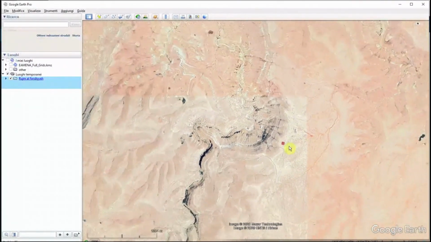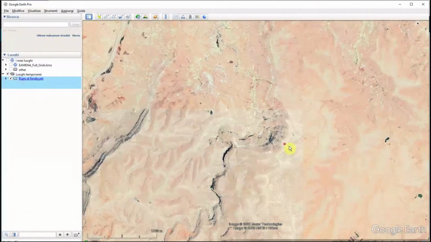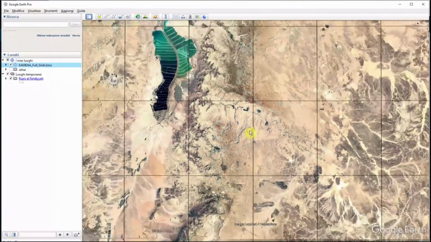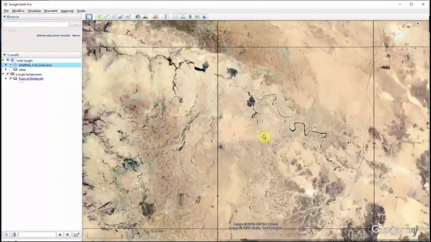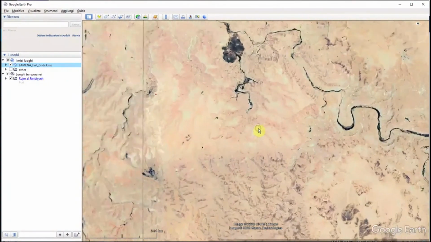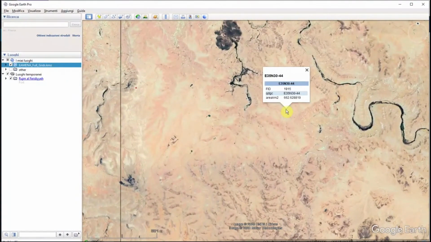At this point we have to make sure that the EAMENA grid square layer is turned on. In my case, I have to turn it on. And here you can see the grid square. To know in which grid square we are, we just have to click on the square.